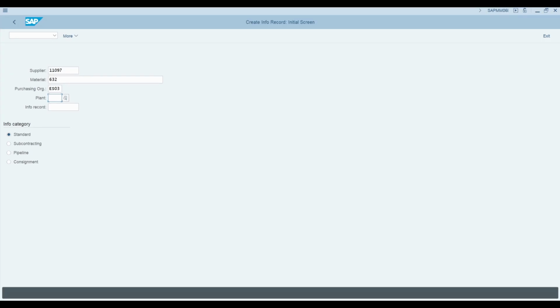But you can also create a purchasing info record specific to a certain plant, and that means you will also have to enter the plant on this screen. Please be aware that the system, when creating a PO, for example, will search first for a valid info record for the purchasing organization and plant combination. And if no such record exists, then the system will search for the purchasing organization